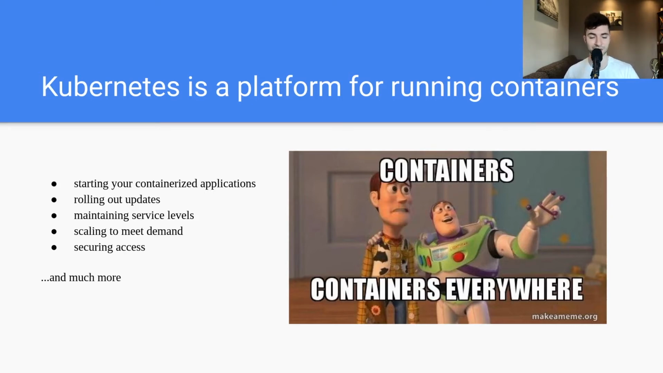It takes care of starting your containerized applications and rolling out updates. When you deploy a new version of a service which is already deployed, it starts the new version as well, having two versions at the same time, then quickly switches the pointer to the new version and takes down the old version. So essentially, deploying updates with minimal downtime,